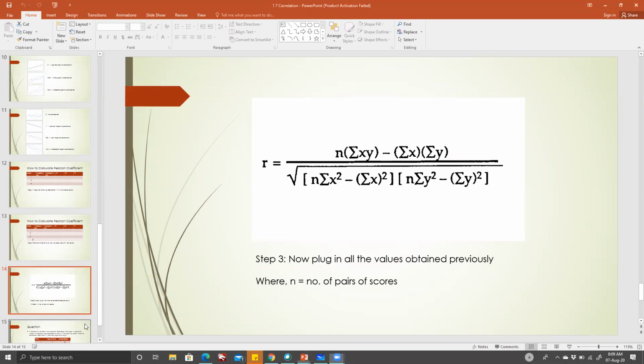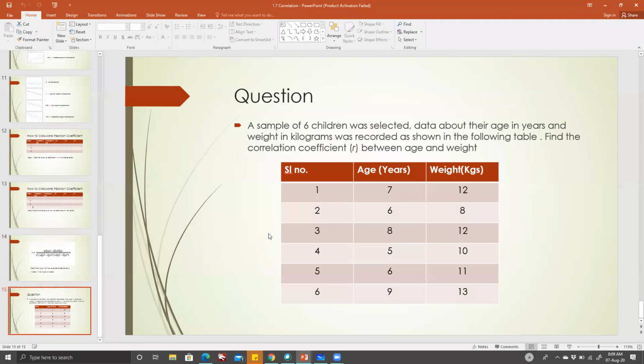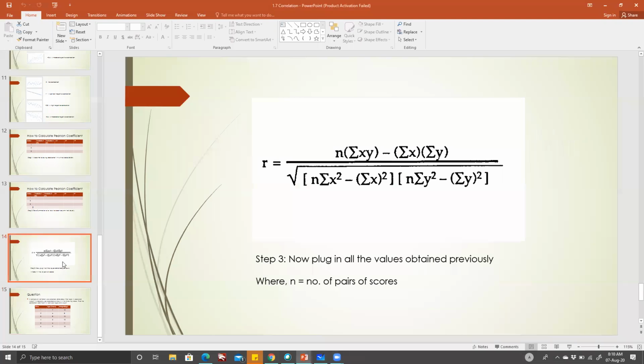Okay, guys, go ahead and solve this. Take a sample of 6 children. You don't have to do much, just use a calculator. Okay, it will be slightly faster for you guys. Sir, can you go back to the formula, please? So I can just write it down quickly. Yeah, please, guys, if you are taking time, always take a screenshot first, and then do it. Okay, good idea. Yeah, doing that.